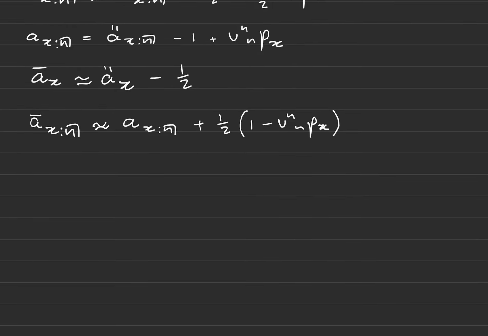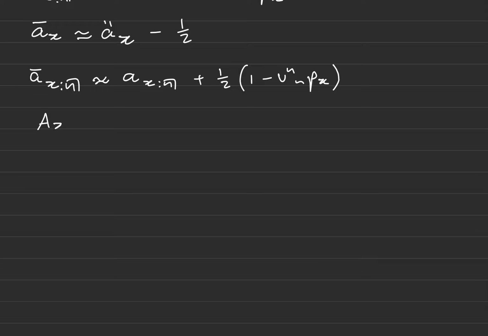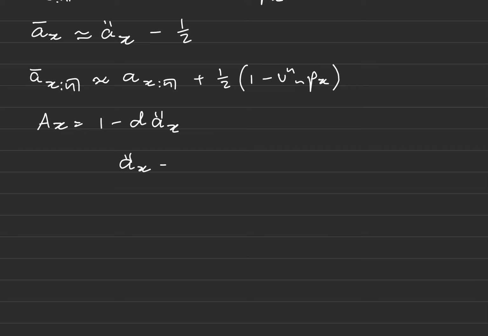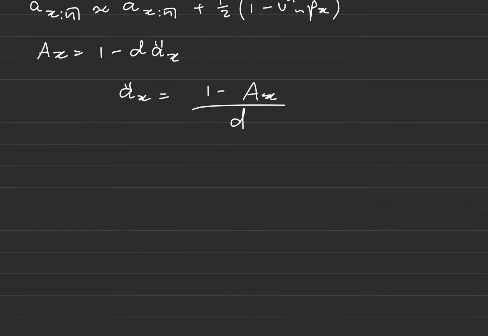Okay, now I'm going to talk about the premium conversion formulae. So these are the formulae of this form. Ax equals 1 minus d times äx. Okay, now this in its form right here is not very intuitive. The intuitive way to understand this is as such. Okay, now why is this intuitive? Well, this is intuitive because essentially this is